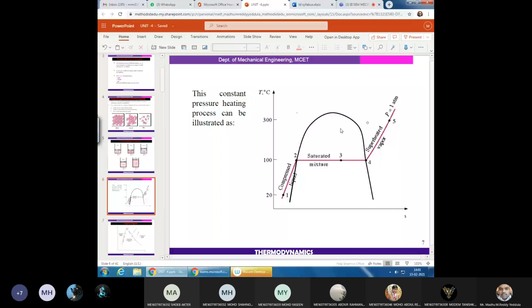The saturated liquid line and saturated vapor line are denoted by the dryness fraction. On this liquid line, the dryness fraction is 0, so it is a liquid and there is no vapor. Whereas on the saturated vapor line, the dryness fraction is equal to 1. The dryness fraction is the quality of the steam. On the vapor line this value is equal to 1, on the liquid line the dryness fraction is equal to 0, and if you move up it will be greater than 1.